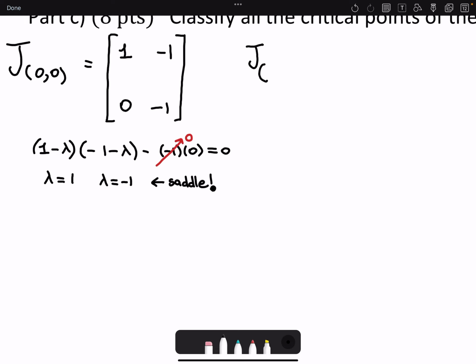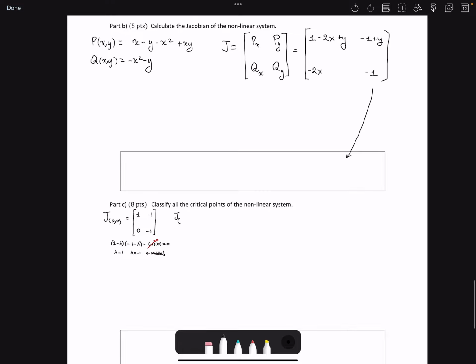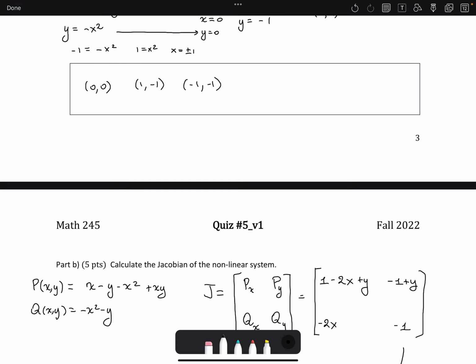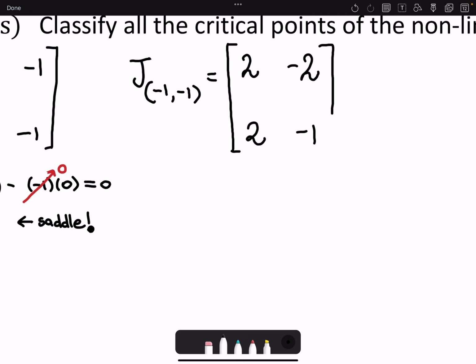Now, the Jacobian needs to be evaluated at our other critical point, which was negative 1, negative 1, right? Let's see. Negative 1, negative 1. So what is that going to be? Well, we're going to have negative 1 plus 2 minus 1. So this is just going to have a 2 here. This is going to be negative 2. This is going to be 2. And this is going to be negative 1. Now, if we find the